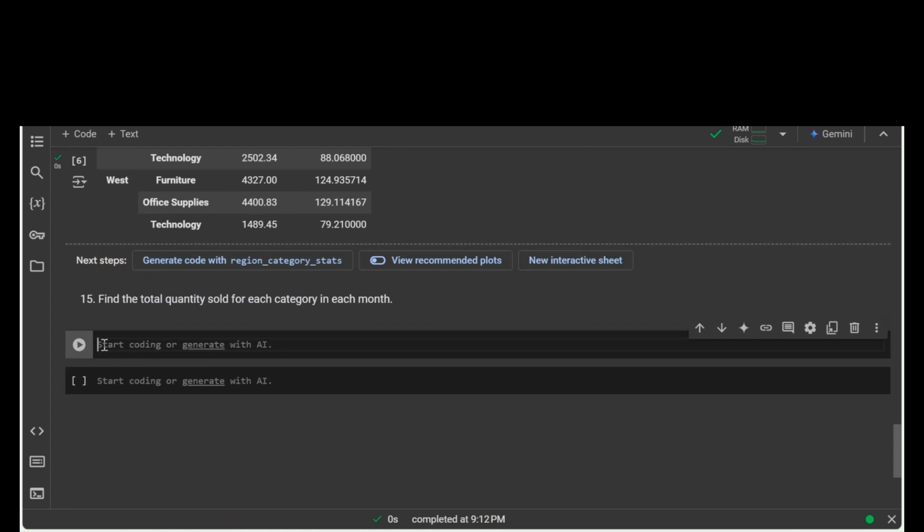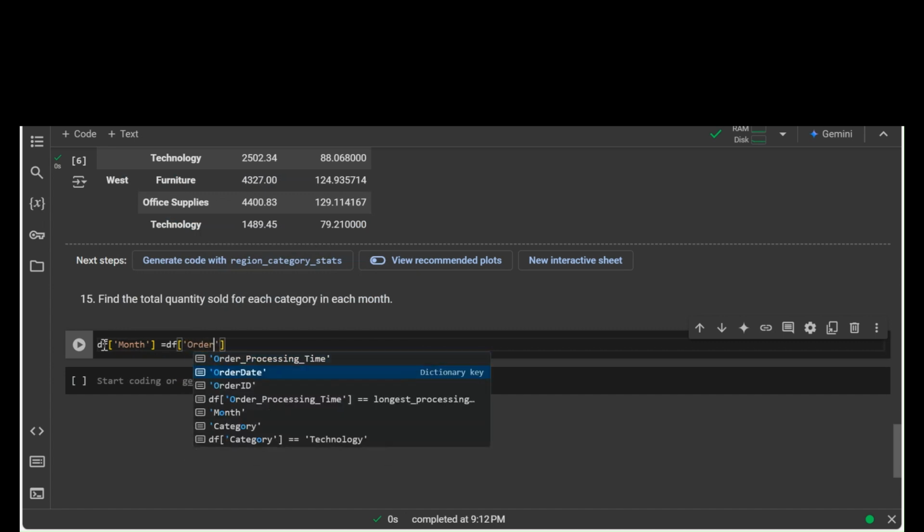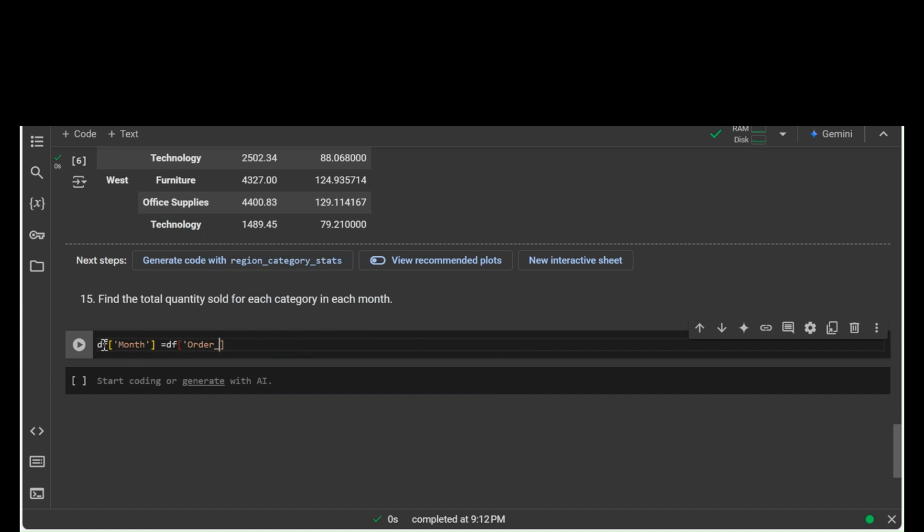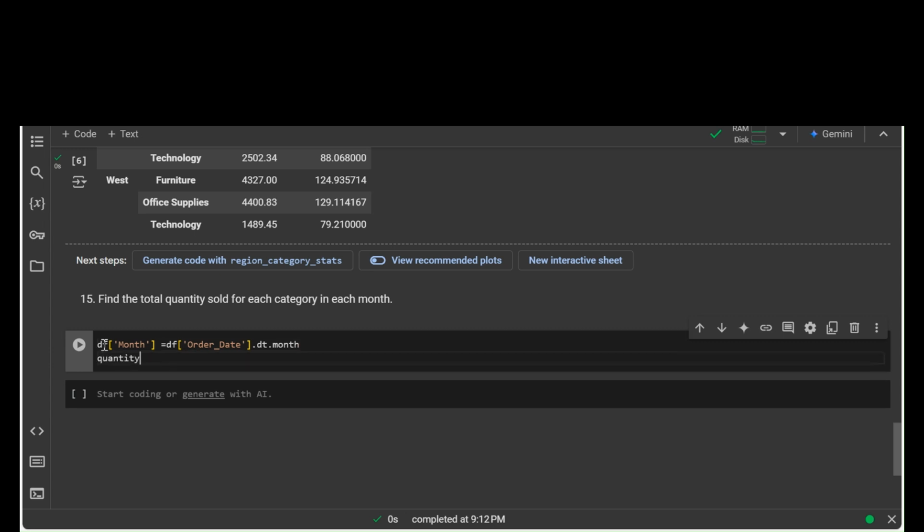And let's find the last question. So we need to find the total quantity sold for each category in each month. Okay, and for that let's create a new column called df month, and this should be equal to the df of order date. Sorry, it should be order date and dot dt dot month. Okay, now let's create a variable called quantity per category month, and it should be equal to df dot